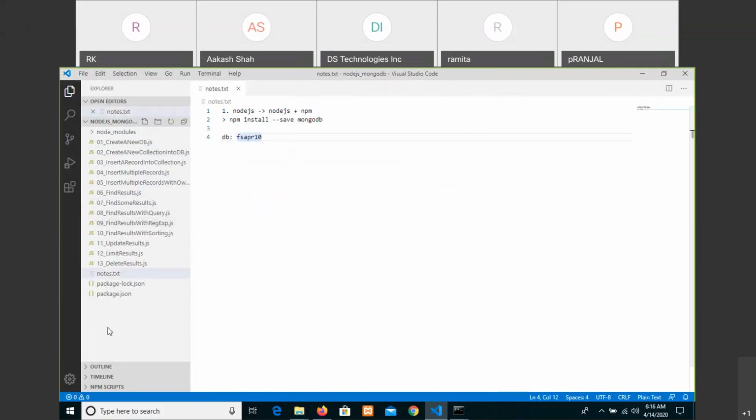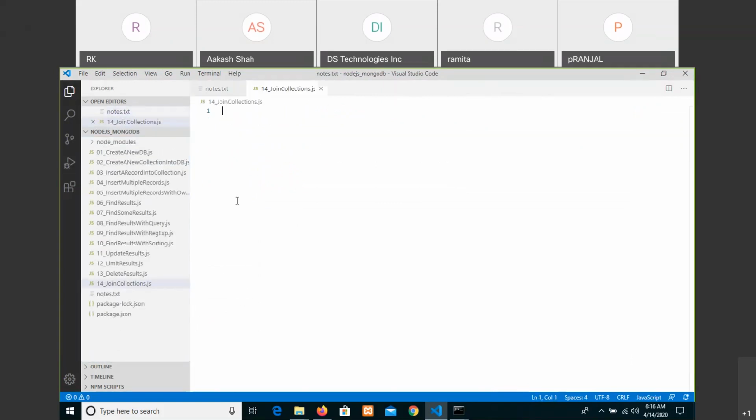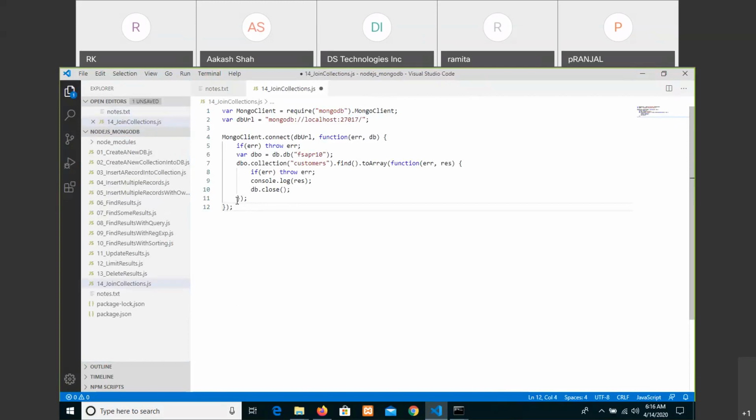Let us write join collections dot js. First thing that we have entered: MongoClient connect, and then up to dbo. It's okay.